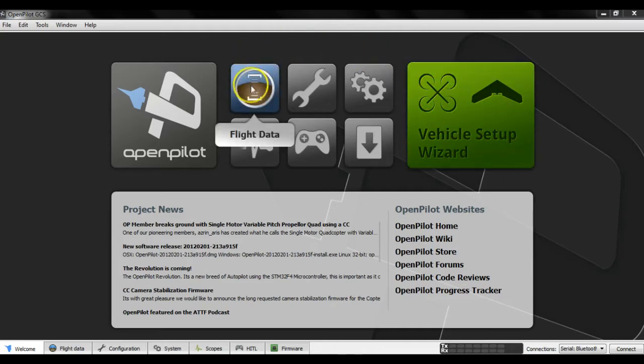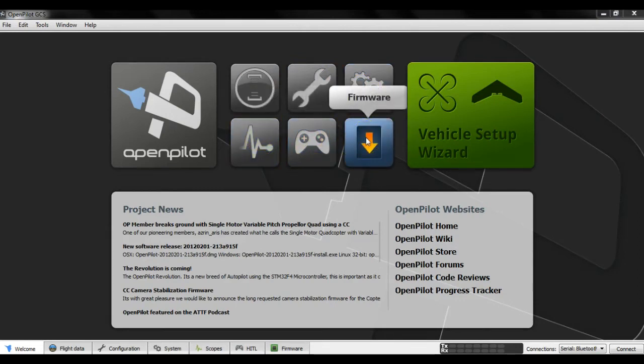Over here we have a series of 6 buttons, being our flight data, our configuration, system, scopes, HITL and firmware. Now they link to the tabs down here. As you can see, they're mirrored. So if we click on the first tab, which is our flight data tab,